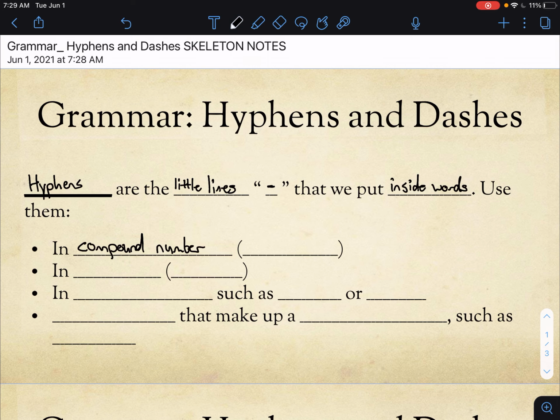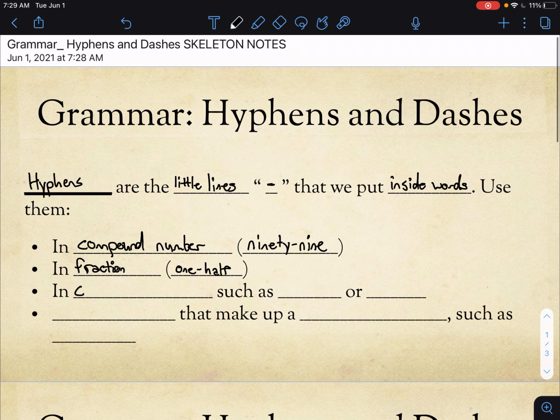So if I were to write the word 99, it would be 90 hyphen 9, okay? The other one is if I were to write a fraction out as like 1/2, it would be 1 hyphen half. Okay? The third one is compound nouns, which we've talked about before,